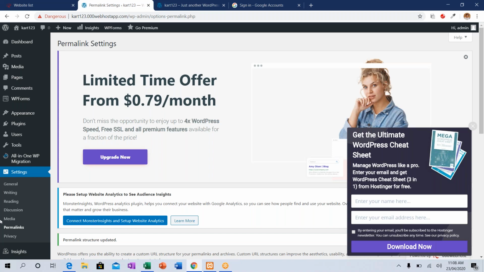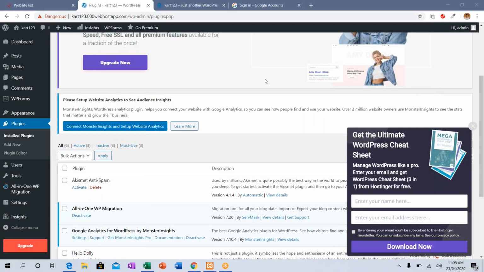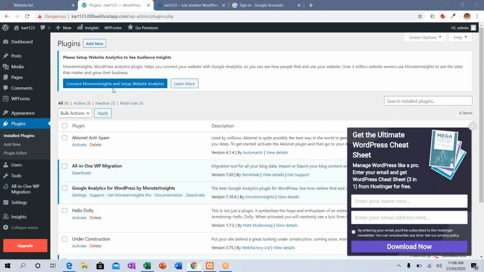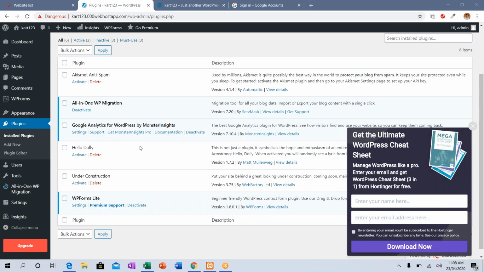So go to plugin. We are going to go to plugin. Installed, or you can see what installed plugins are already available. See all the ads, you can close them so that you can have a clear layout. See, these are the plugins already installed in my system. These are the things I don't want now. So I can click and delete them before adding my plugins. These plugins have been added to my system by default already.